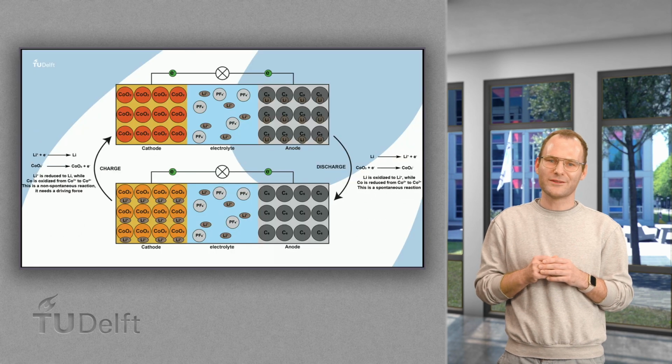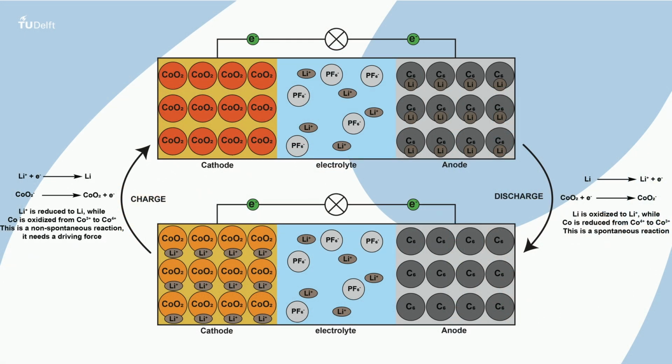The first battery to hit the market was the battery that has a cobalt oxide cathode and a graphite anode. We will use this battery to explore the chemistry of this battery. The metallic lithium is dispersed in the graphite. One could say that chemistry-wise we can ignore the graphite.